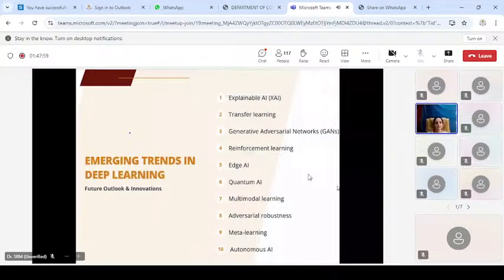Okay, coming to multimodal learning. It is the ability of AI models to process and integrate multiple types of data. It could be images, text, audio, video, sensor data, gestures, anything. This has applications in areas such as computer vision, NLP, natural language processing, and human computer interaction. By capitalizing on multimodal data, we can develop more accurate AI models, and these models can understand and respond to our complex user inputs also.